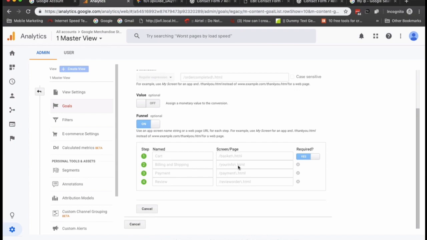So these are the pages which have been added, and they are dynamic pages, so they are added with a particular expression, and these pages are to be passed to complete the goal. The user or buyer has to go through the basket, then enter billing and shipping, then before payment review and make the payment. So these are the stages required for a user to pass through to complete a transaction. That's how you can set up the funnel.